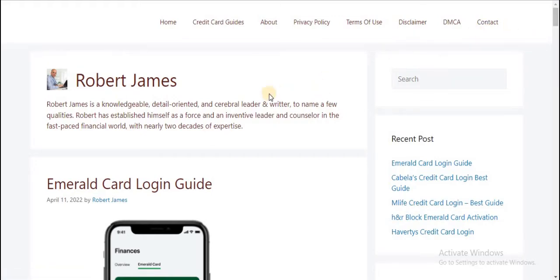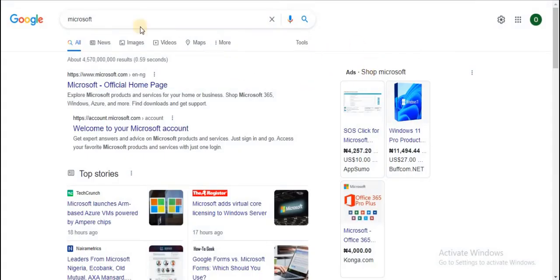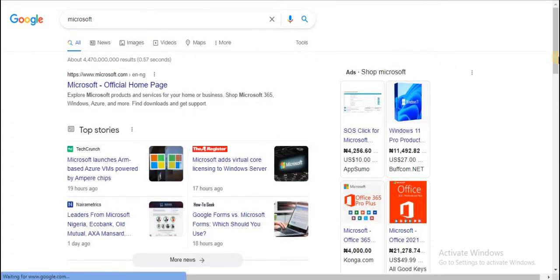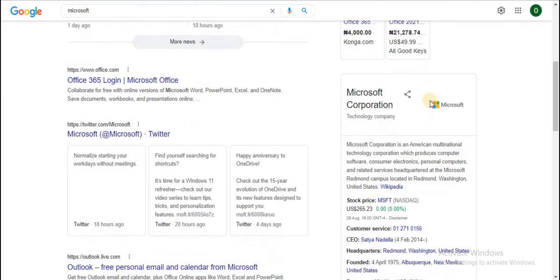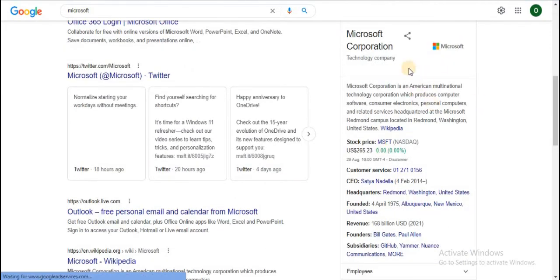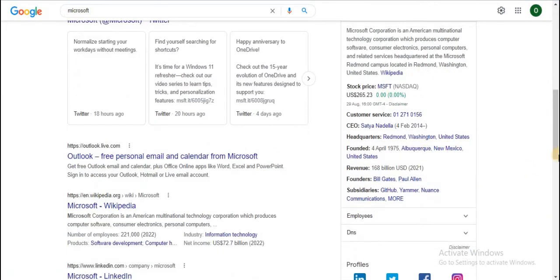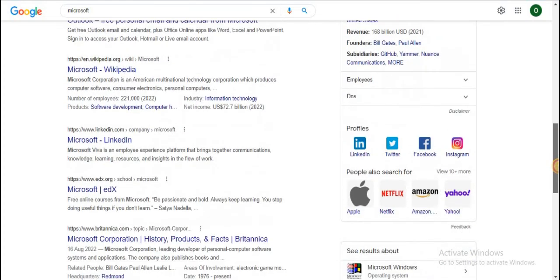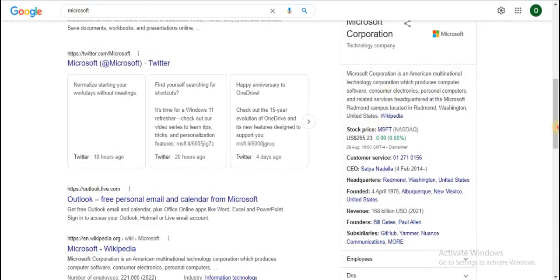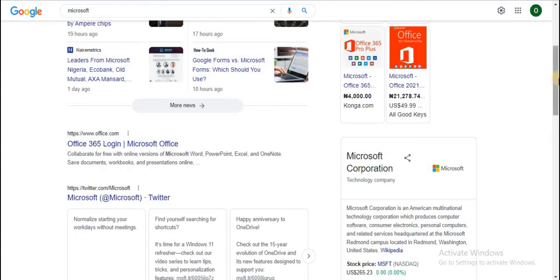All right, now the second thing you should always consider before you apply for Google AdSense is this. Now, if you search for something like Microsoft on Google, you're going to see things like this. As you can see, this is business information. This means that Microsoft is a real business. Now, if you have a site that actually has this, then trust me, you have an increased chance of getting AdSense approval, because at the end of the day,